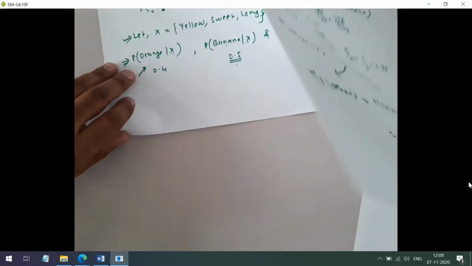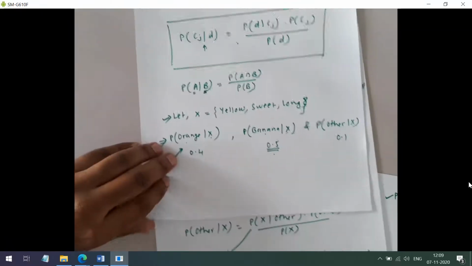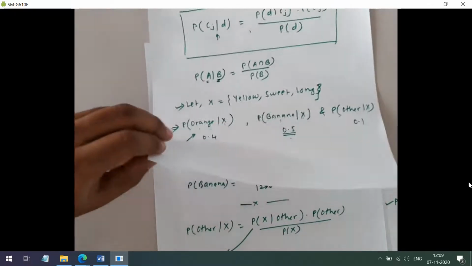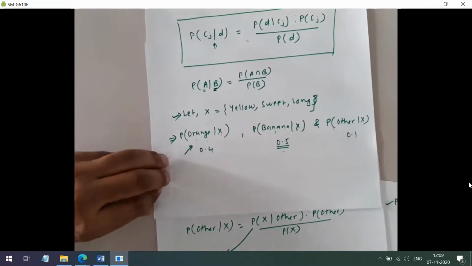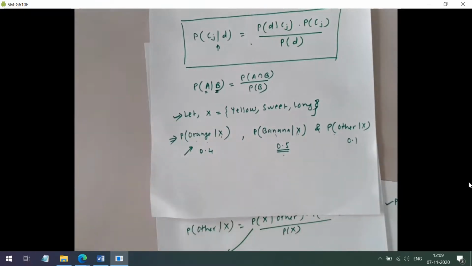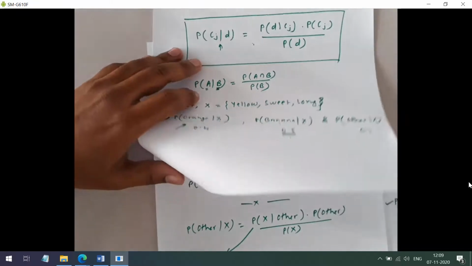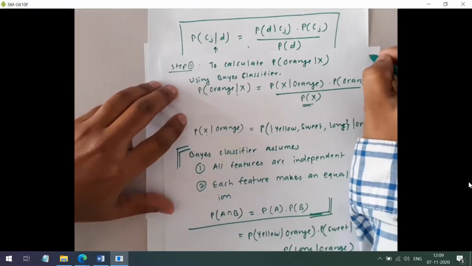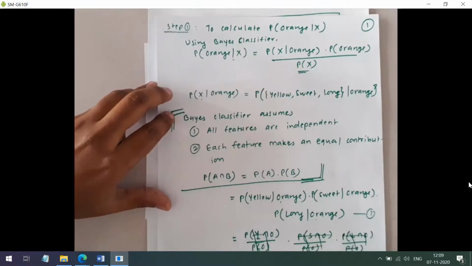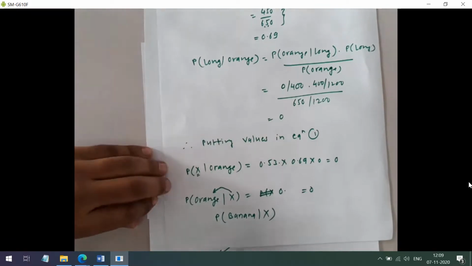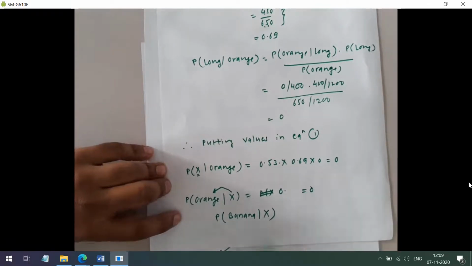Actually we wanted to calculate these three probabilities, and we have found these values. We have just found the numerator of that. So let us write these values now. First, the orange. So this is our first page. Orange. So here the value is directly 0. I forgot to calculate the value of orange.